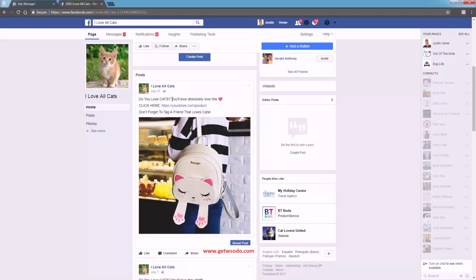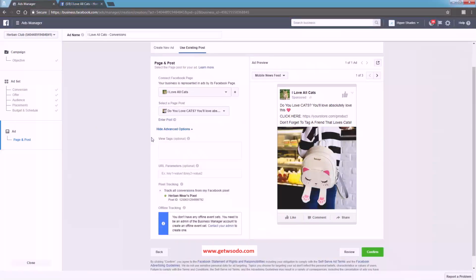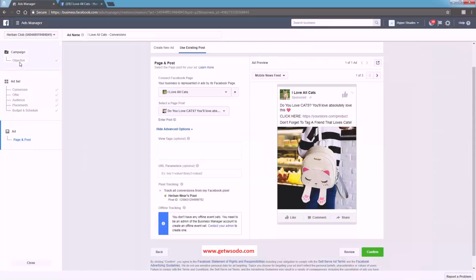Your Facebook status update on your fan page, your photo post right here. This post, right? This is no different than a post that you'd make on your profile. The only main difference is it's on a fan page. This post gets turned into the ad. Okay, so it's really a 2-step process. Process number 1 is you create the fan page post on your page. Process number 2, you set the objective, the targeting and budget, and then you go ahead and select that exact